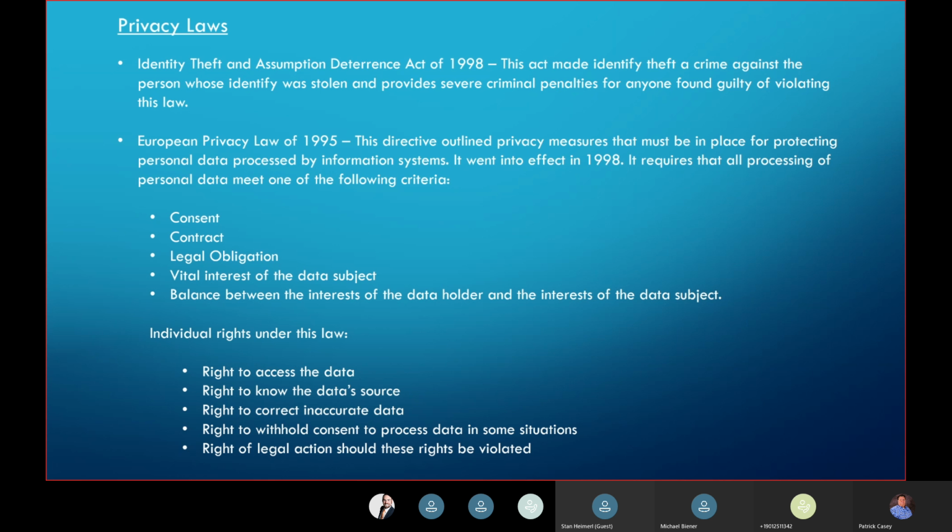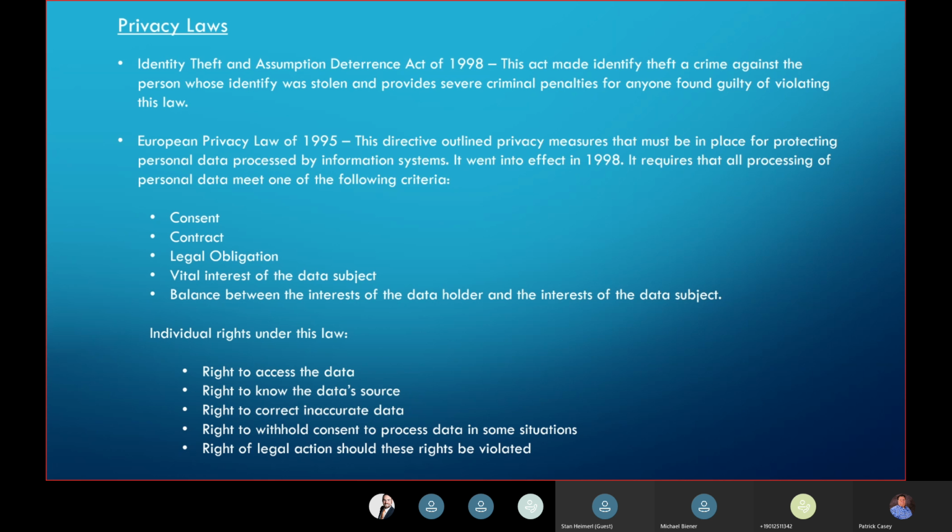The European Privacy Law of 1995. This directive outlined privacy measures that must be in place for protecting personal data processed by information systems. It went into effect 3 years later in 1998. It requires that all processing of personal data meet one of the following criteria: consent, contract, legal obligation, vital interest